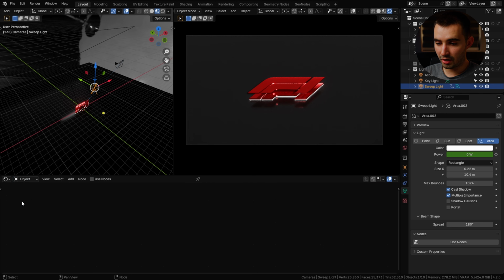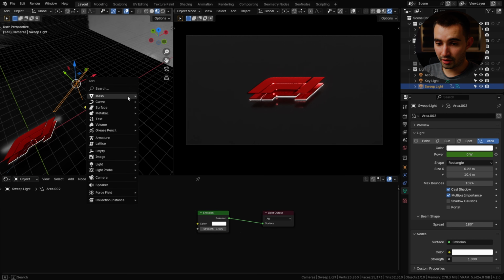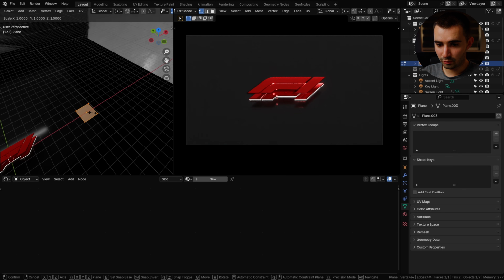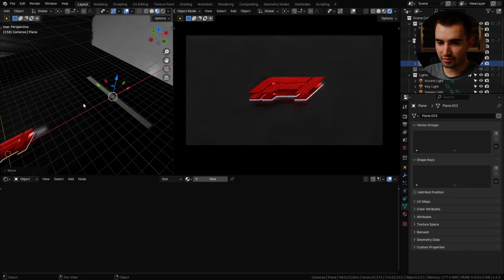We'll go back to object type. Check use nodes. Now, just so I can demonstrate this a bit better, I'm going to go ahead and add a new plane. We'll move it to the side here. Let's go into edit mode. We'll scale it on the Y and then make it a bit thinner, just so the shape resembles the light